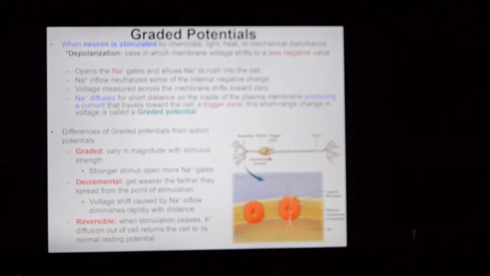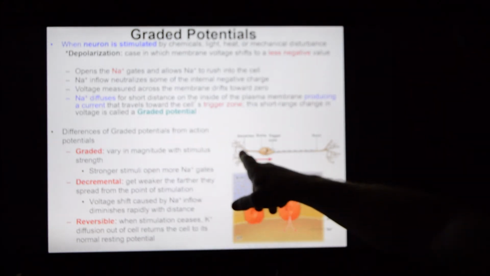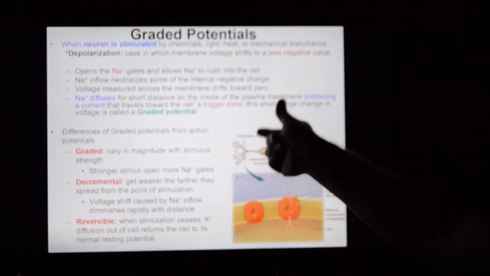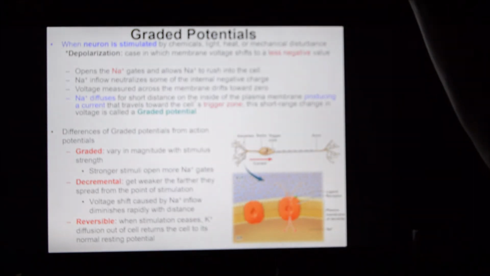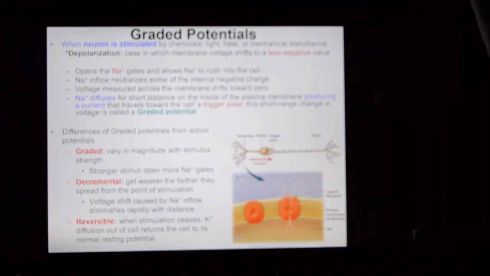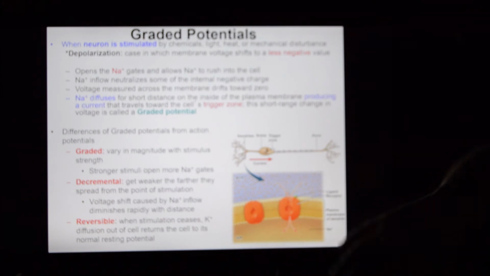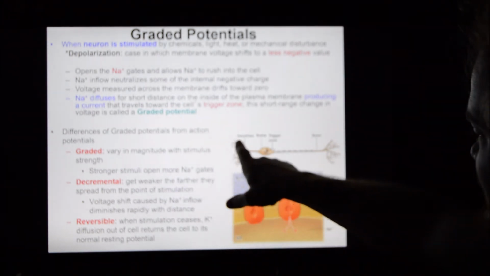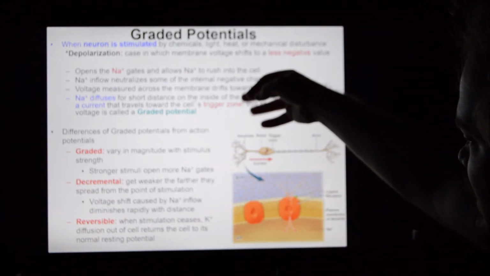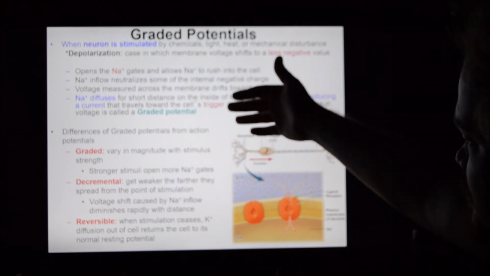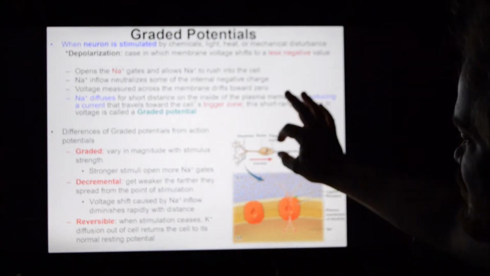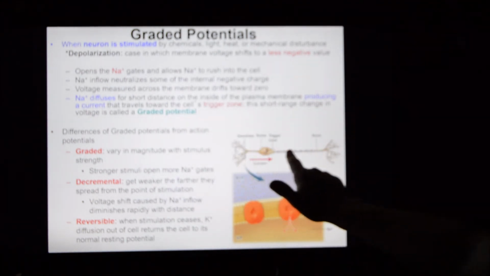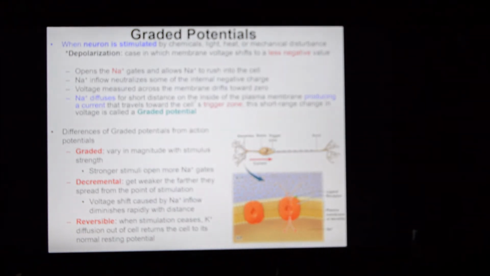The idea is when you stimulate the dendrites of a neuron, it's going to stimulate a graded potential, primarily based off of sodium exchange. The sodium channels open up, and sodium rushes into the cell. It's kind of complicated, but the idea is that sodium rushes in, and that sets off a chain of reactions that flow through the dendrites, going into the soma, and hopefully striking the trigger zone, signaling for an action potential to then go down the length of that axon.